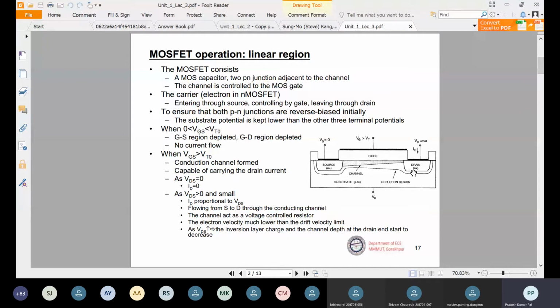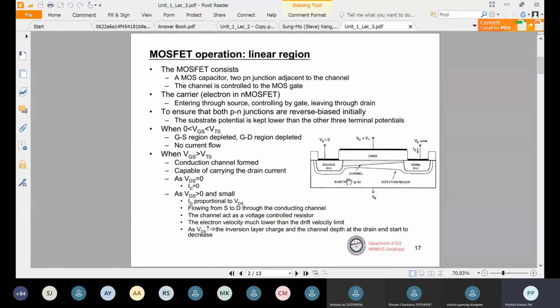So if this is the PN junction, this one is the N type region and this one is P type. If it is in forward bias, there will always be current conducting from drain to body, so it should be in the reverse bias direction. So this N is always made at a positive value, and this P type is made at 0. So it will be reverse biased, and there will be no leakage current between the drain and body.